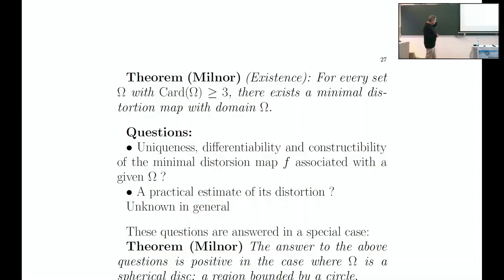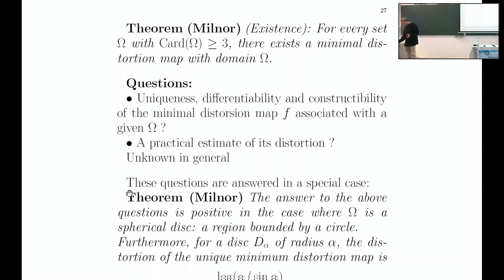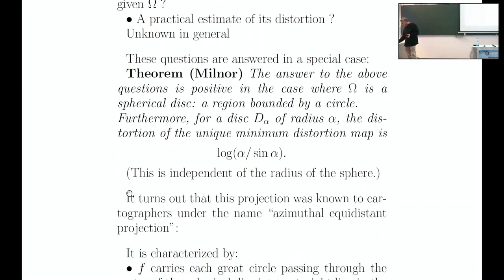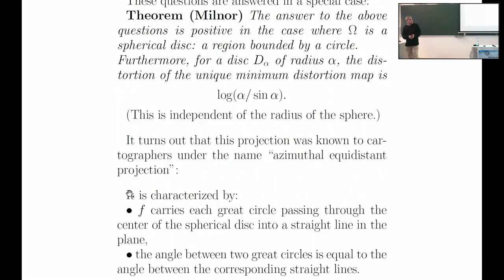So any given omega, how do you find its minimal distortion? This minimal distortion, in fact, is associated to a subset of the sphere omega. Okay, so I'm more or less telling you what he is writing in his paper. He says this problem is unknown. The result is unknown in general, except in one case. The answer to this question is unknown, except in the case